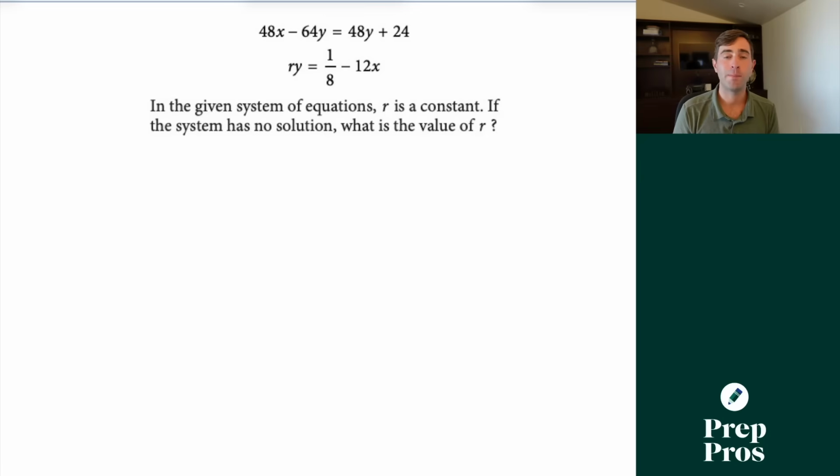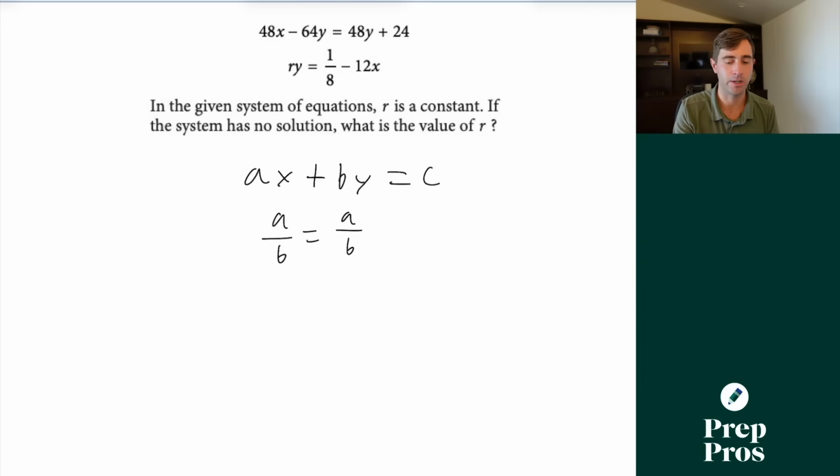So we could have put these in y equals mx plus b equations and then set the slopes equal to each other, and that would solve for no solution. Or the trick that usually feels more comfortable for most students I work with is if we can put both of these in standard form, if the slopes are the same, the ratio of a to b must be the same